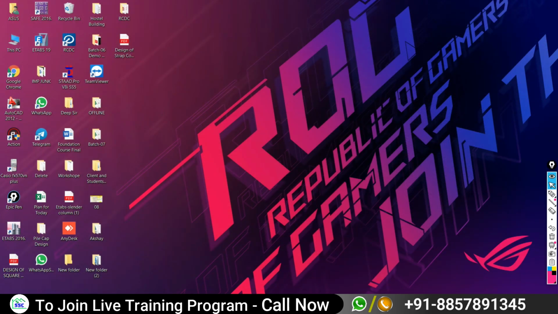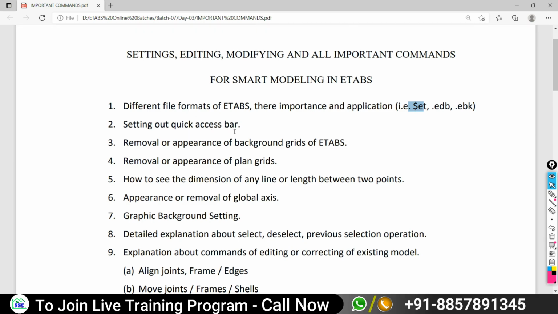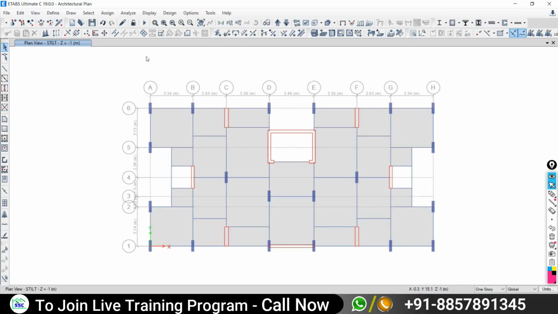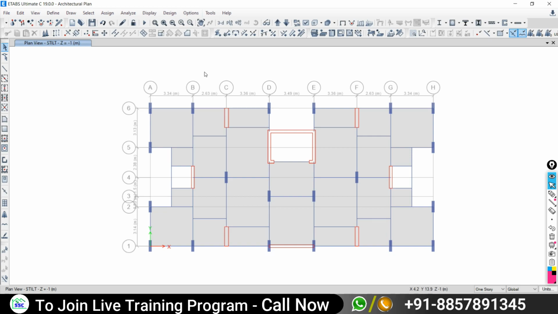Okay, coming back, so this is the first thing. Now the second thing is setting up the quick access bar. Many times I told you, in the command section I will show you how you can adjust this quick access bar. The quick access bar is actually the shortcut options.